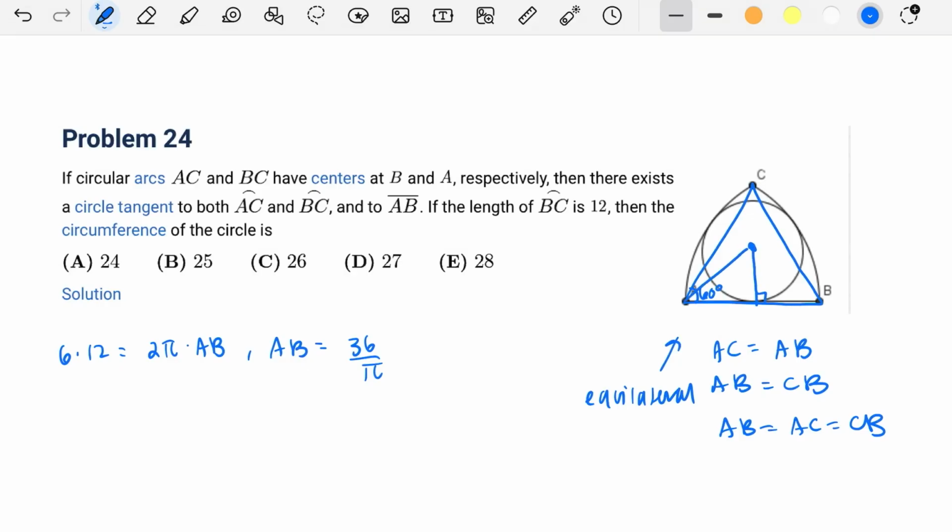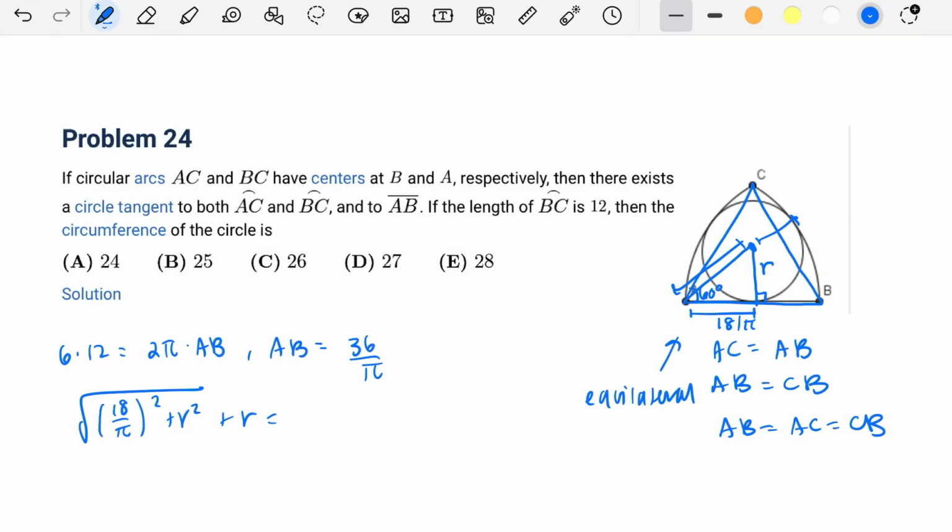I'm going to go ahead and construct a right triangle here. What we want is this r, and we can write using the Pythagorean theorem and knowing that this segment is 18 over pi. We can use the Pythagorean theorem to find that this segment here is equal to the square root of (18 over pi) squared plus r squared. And if we add r to that, which is basically this amount,